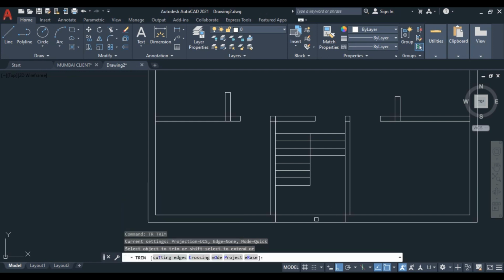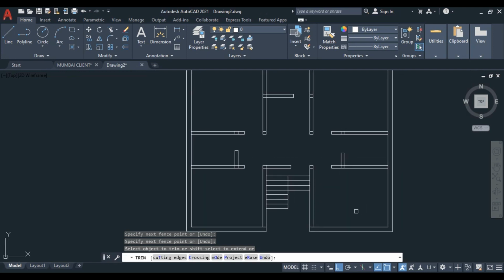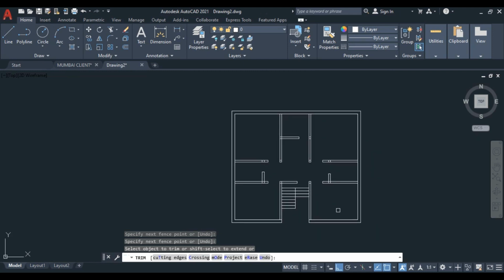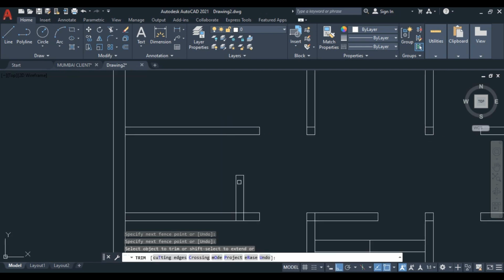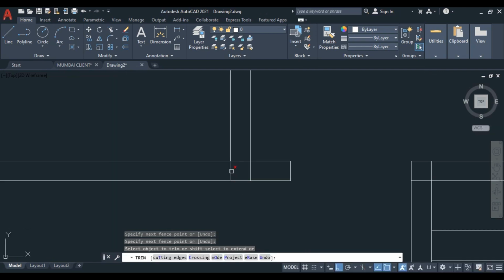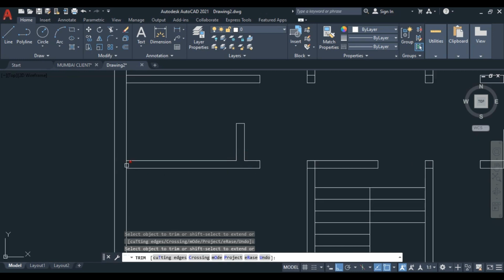I just trim it for looking like open space. All right. So guys, here it has been done. You have to just clean these extra lines by the help of the trim command. So just clean this line.